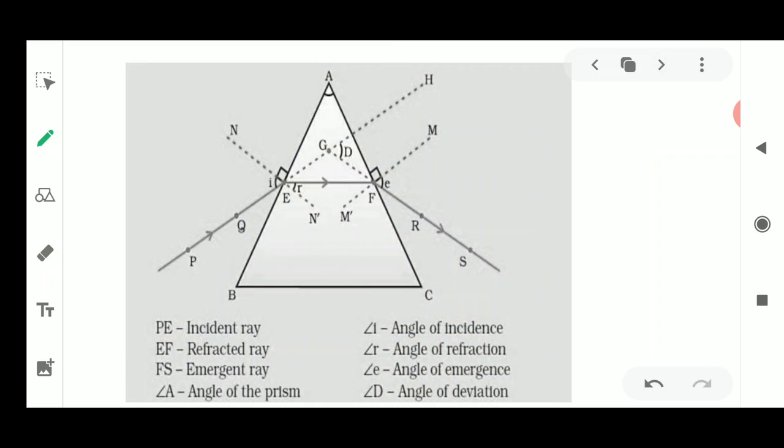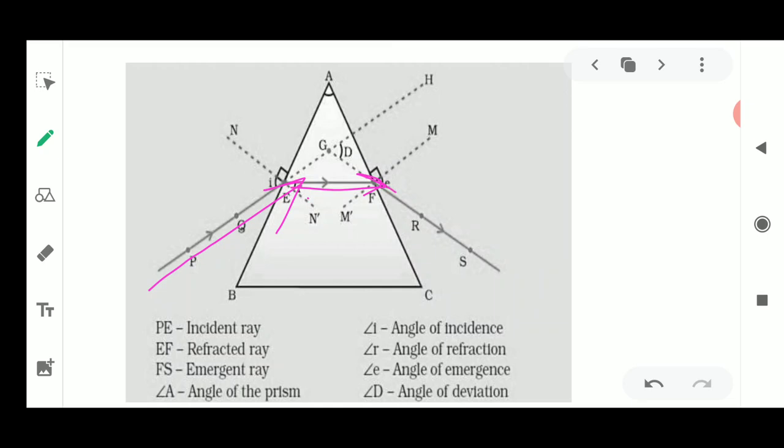Now I'll tell you how to draw this with the help of a prism and some pins. Sometimes in the labs we use pins, but if no pins are present, let's find out the things just by assuming it. Here one light ray is passing from one medium to another medium. The light ray is going to refract, so it will travel like this. It is going to bend slightly, as the light has already been bent at the junction.